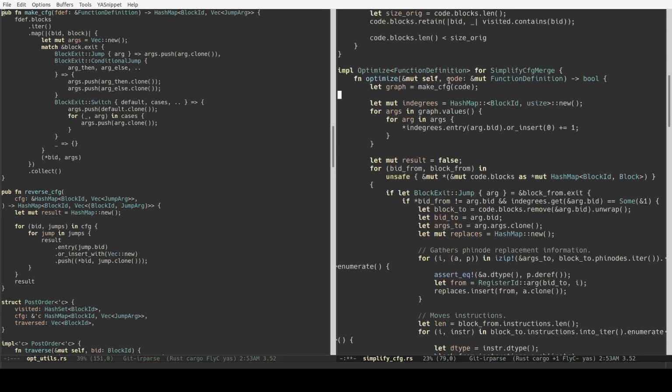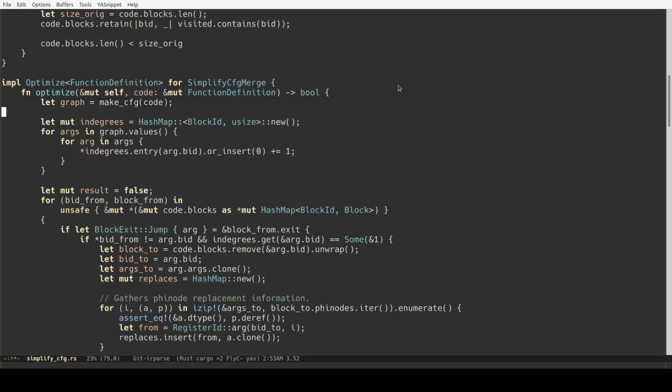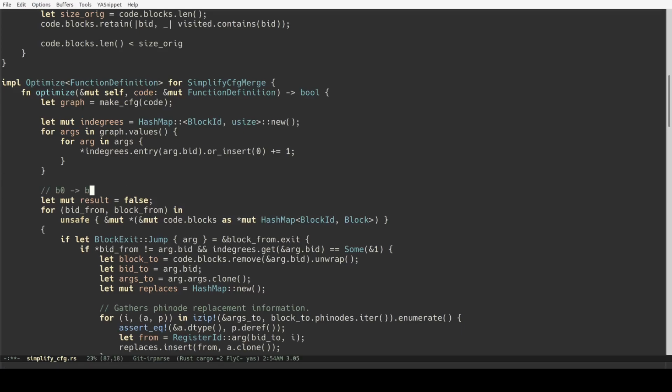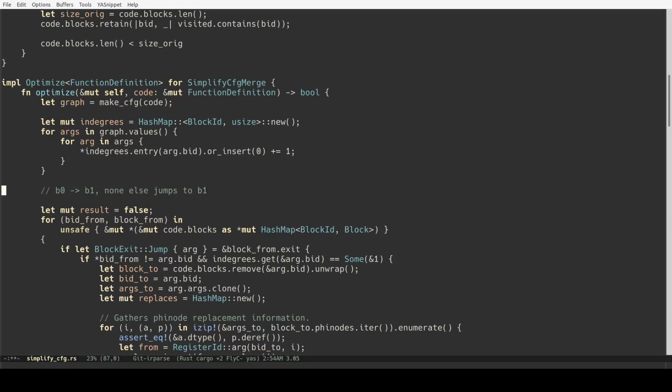Okay, in simplify merge, we are going to make the CFG as previously, and we are going to calculate the integers of each block. We are going to see if B0 jumps to B1 and no one else is jumping to B1, then we are going to merge B0